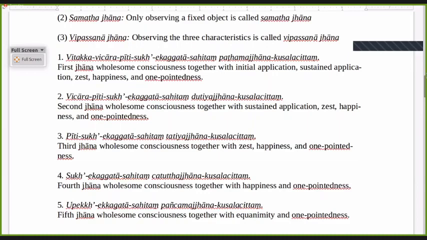Vitaka takes your mind onto the object. Vitaka puts your mind onto the present object. And Vichara keeps your mind anchored there. Piti refreshes your mind. Sukha intensifies it. Supported by these 4 cetasikas, Vitaka, Vichara, Piti, and Sukha, taking your mind to the object, keeping it there, refreshing and intensifying it,